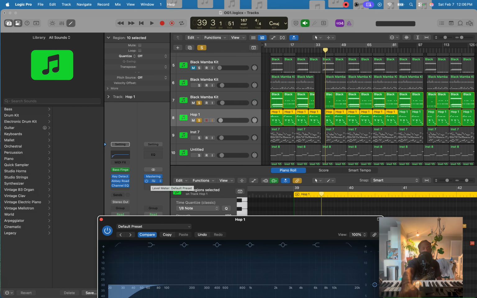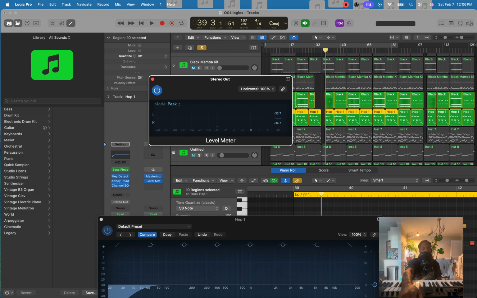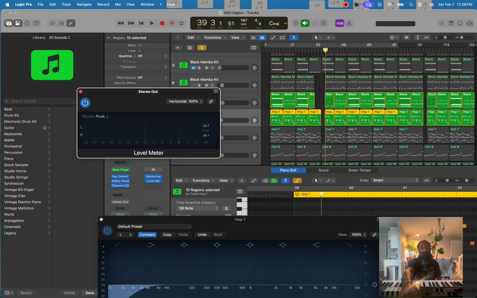You want to go to your master bus and you want to put a level meter. You want to be able to see where everything is hitting at. So you're going to use a mixture of hearing it audibly, but you're also going to go in and look at where it's hitting on the leveling meter. Now, I know with a beat, before it's going into its mastering phase, before it's in Pro Tools or whatever DAW you use where you're going to be ready to record it, you don't want to have the beat